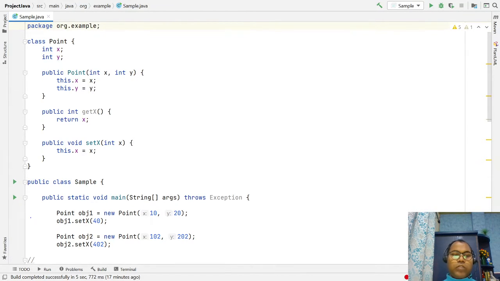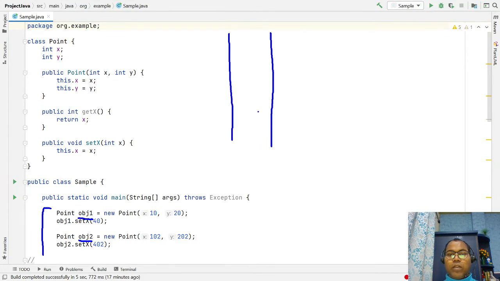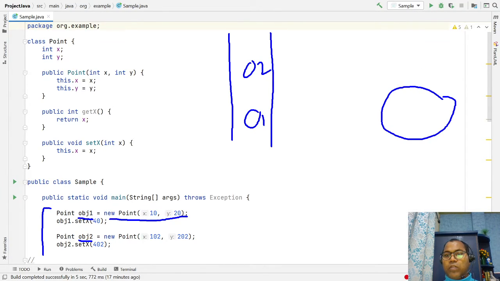Whenever your main method starts, we have object 1 and object 2, so two object reference variables are created. Object 1 is created with the constructor arguments. This is the heap memory.